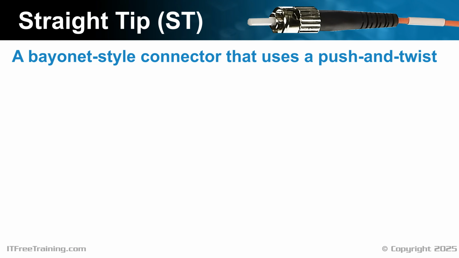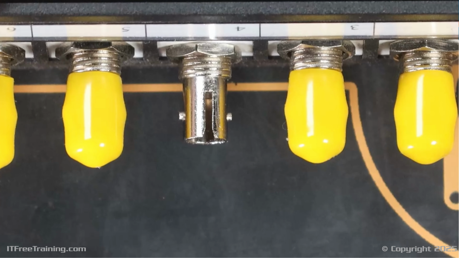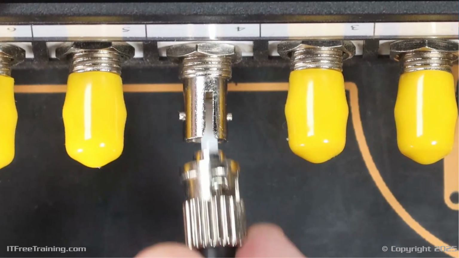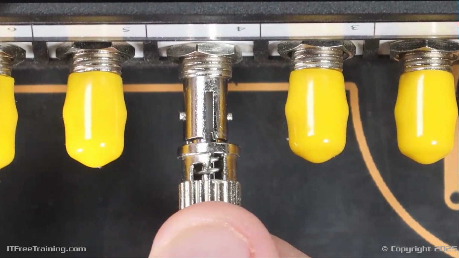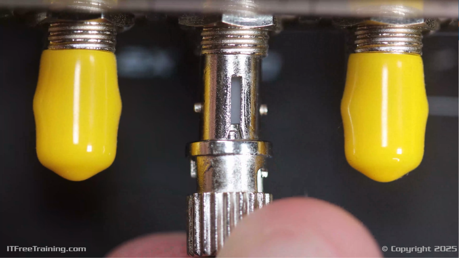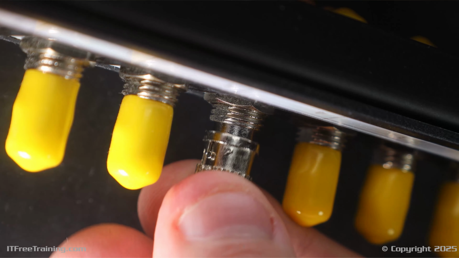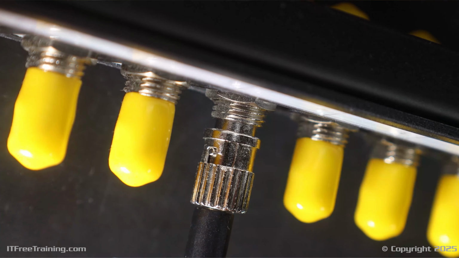The first connector I will look at is the straight tip or ST connector. This connector features a bayonet-style design, which requires a push and twist action to connect the cable securely. To effectively use this connector, you need to insert the cable and then twist it. The goal is to align the small protruding metal piece of the connector with the recessed area. You can see I've lined them up so the protruding metal is inside the recessed area. I next need to push the connector in, turn it so it locks, and then release the connector.